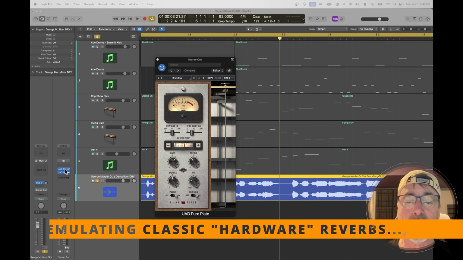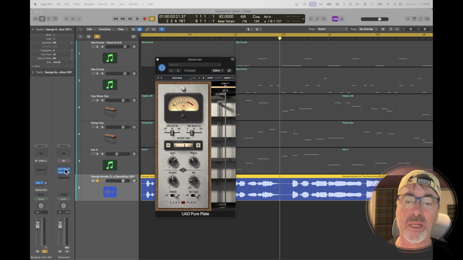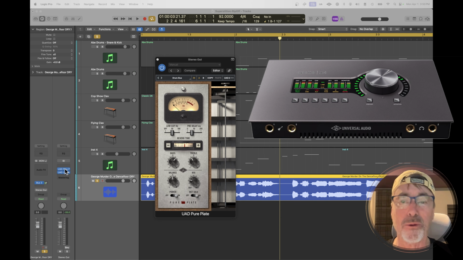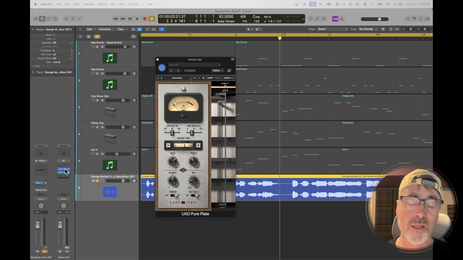And that's where I head over to Universal Audio. I like their Pure Plate plugin, and you can get this either the hardware version that works with Apollo, or you can get the Native X that'll work with any audio interface. Of course, I'm going to take advantage of my Apollo audio interface and its DSP, partly to save CPU, but I also believe that the quality of sound from some of the UAD plugins does depend a little bit on